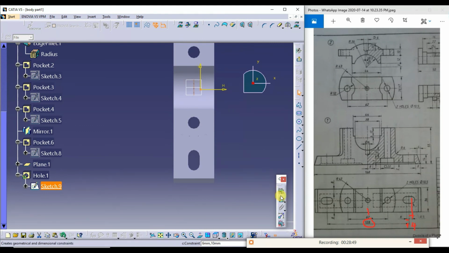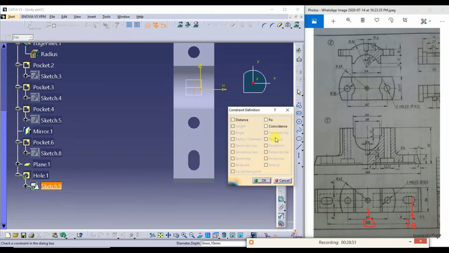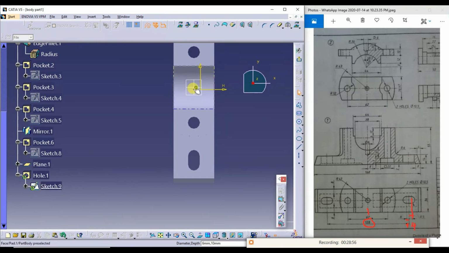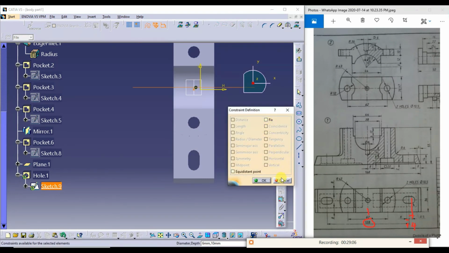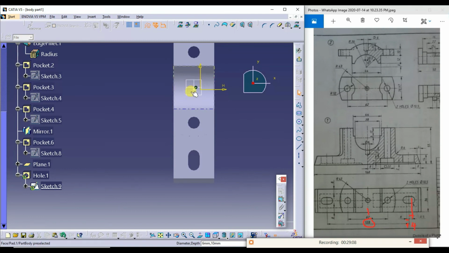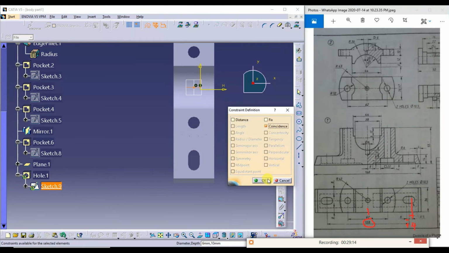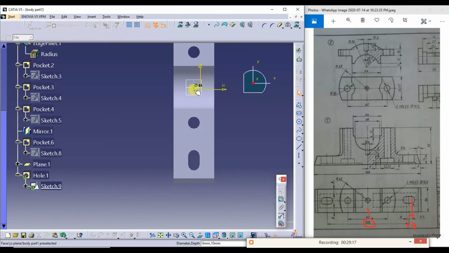Do the constraints here, coincident. Next, this should coincide on this. Select this and this plane. Now it is exactly at the center.